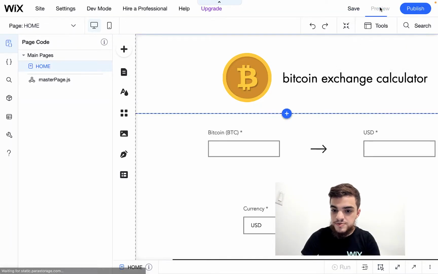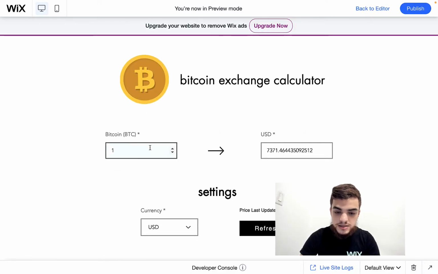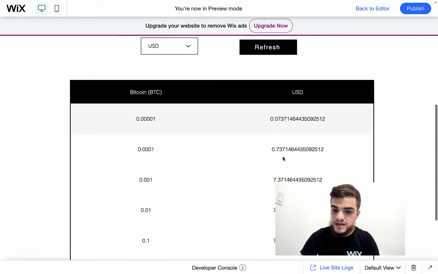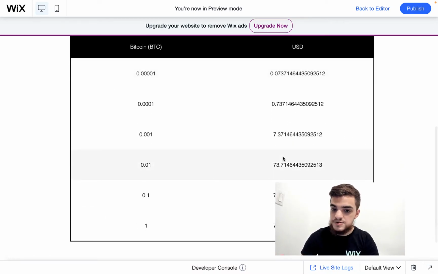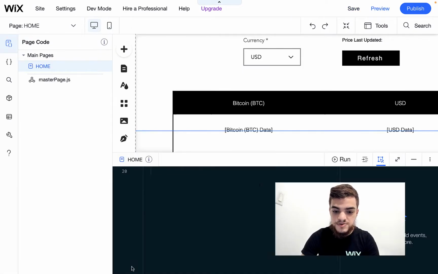So if I hit preview, you can see that the Bitcoin value is here, and down here we have some basic values. That way the user doesn't have to type anything to see some values that may be commonly requested. If we go back to the editor and check out our code,